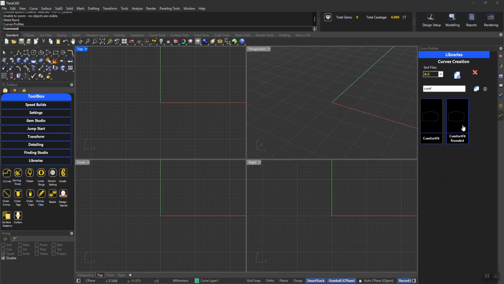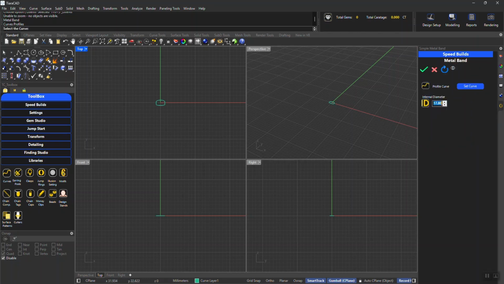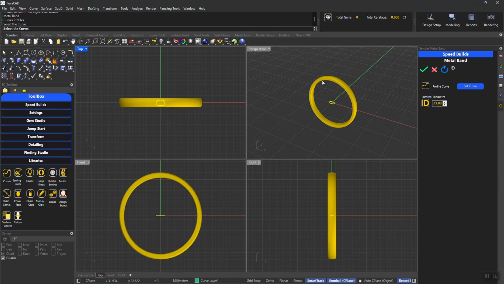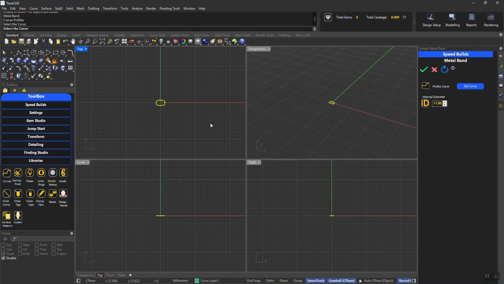So let's say I want this rounded one. Right click and import it. Specify your diameter, let's say 21, and select the curve. The band will be generated as per the curve. So if I were to refresh this and I want to check its dimensions,